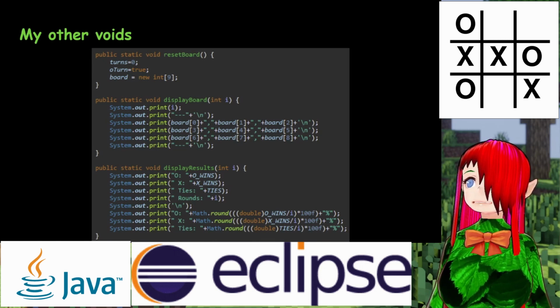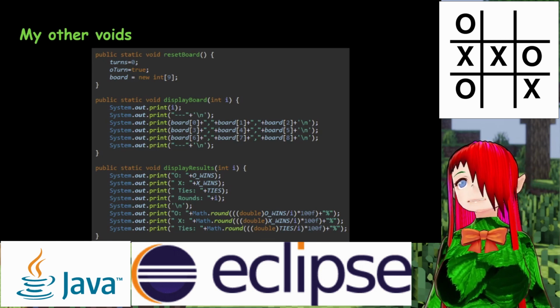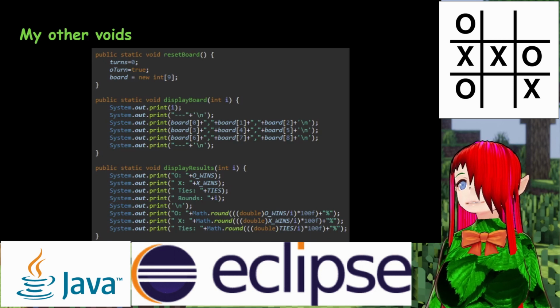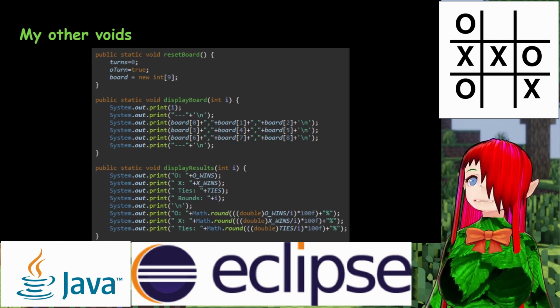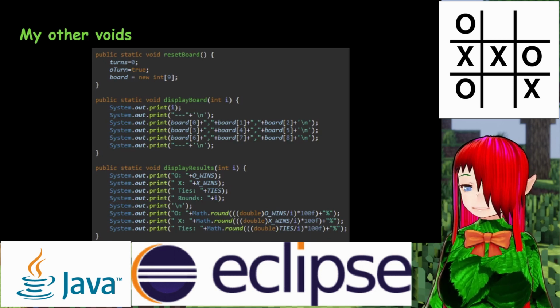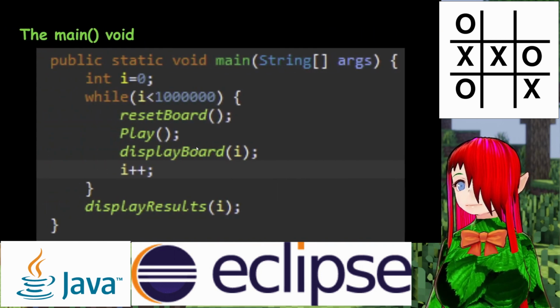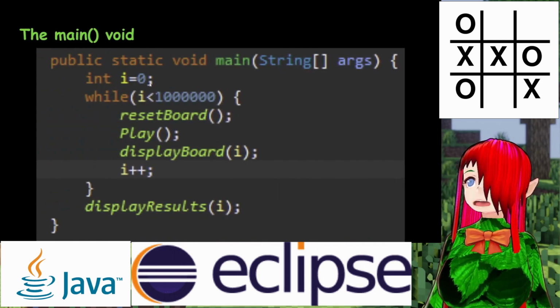And then we're going to show the amount of rounds. And it's the same idea. The I from the while statement in the play is going to transfer here. So if I, here, let me actually pull it up. So if we get to the point where like I is equal to like